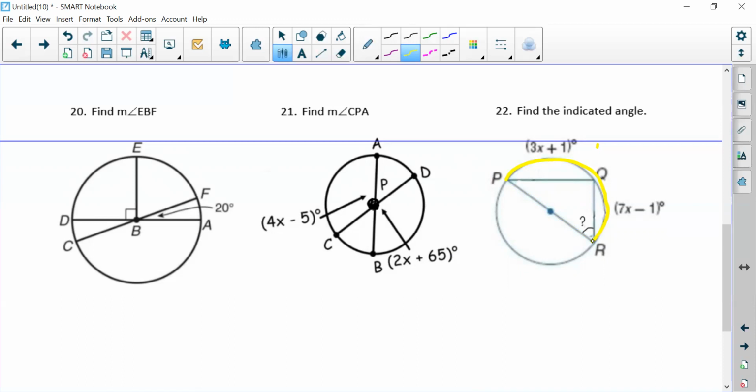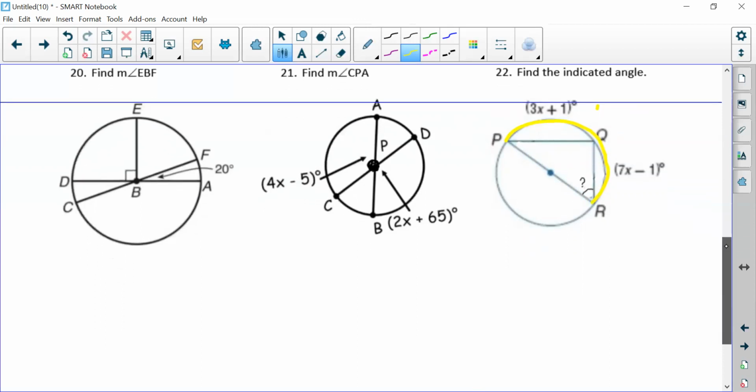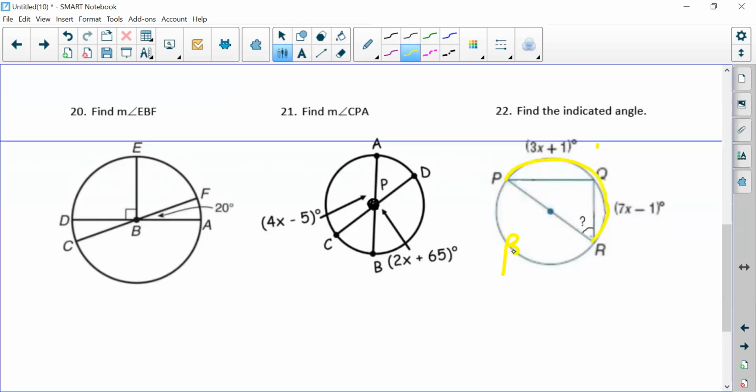We already know that the measure of arc PQ is currently 3x plus 1, and we know that the current measure of arc QR is 7x minus 1. Y'all, since arc PQR is a semicircle, we can take (3x plus 1 plus 7x minus 1) and set it equal to 180,